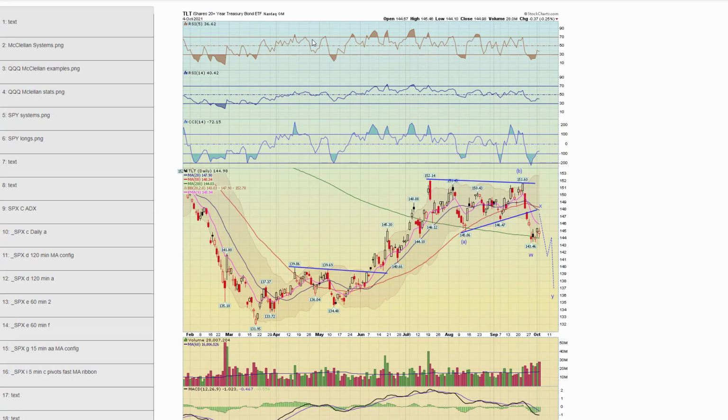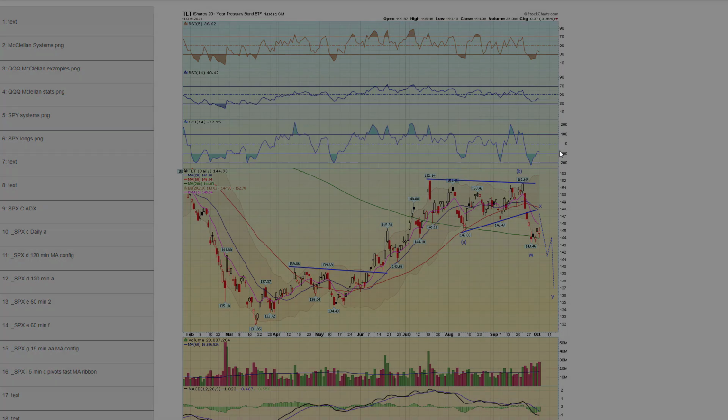Next. Chart 38, TLT 20-year bonds. Steve showed this over the weekend. It had this coil going for the last few months. We marked it as some sort of ABC type correction. This shows you a complex correction working on a wave X and then eventually lower. This would also support higher long-term rates. So let's take a look at that.